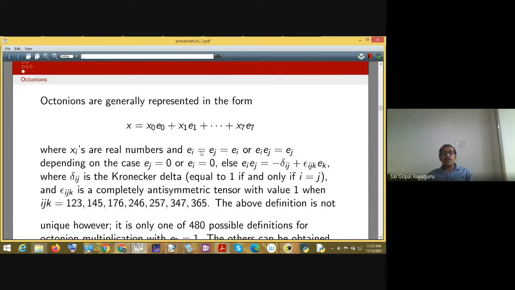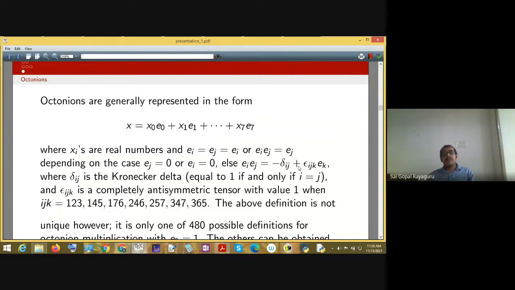This is ei product with ej equal to ei when ej equals 0, or ei times ej equal to ej when ei equals 0. So if ej is 0, then this product is ei, and if ei is 0, then this product is ej. Except these two cases, otherwise we can define ei ej equal to minus